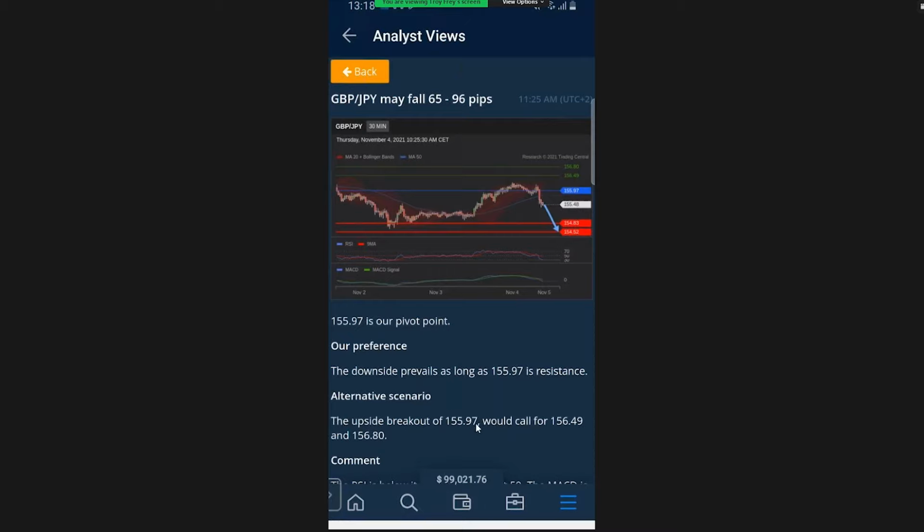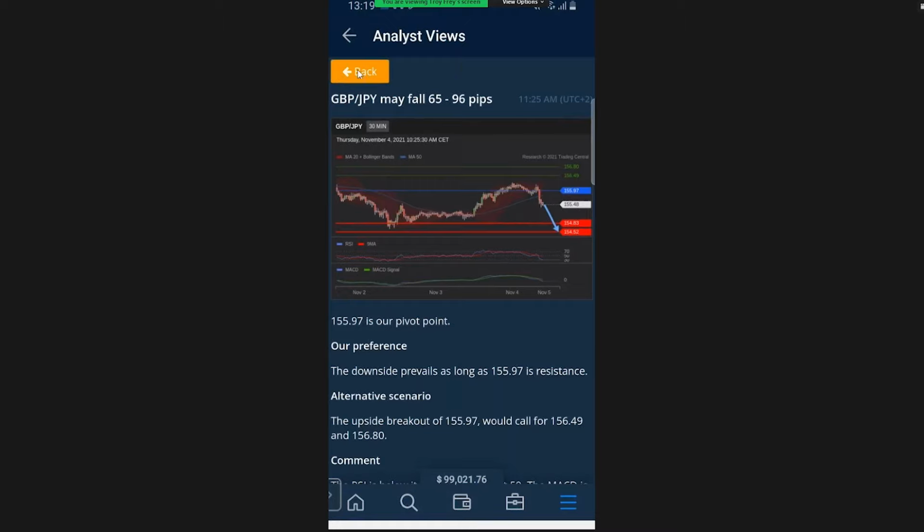The upside breakout, and they're giving you the price level, up above 156. And it could run another 80 pips up or something. So this is the signal, and it fits our fundamental news. The announcements coming out of the Bank of England, that they're expected to keep interest rates low. That should keep the pound weaker with that type of announcement. A little bit of inflation fear should have the yen maybe a little bit stronger. And so the signal makes sense. The technical analysis is there.